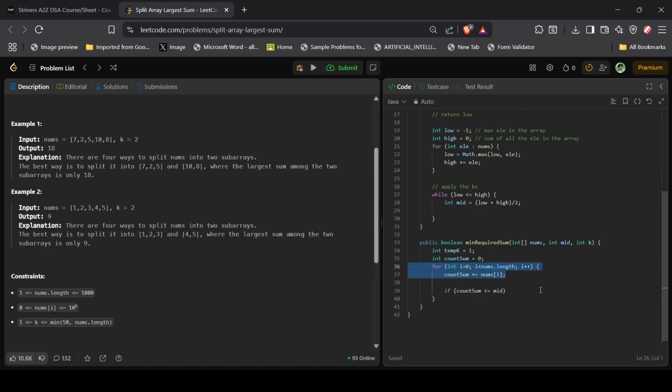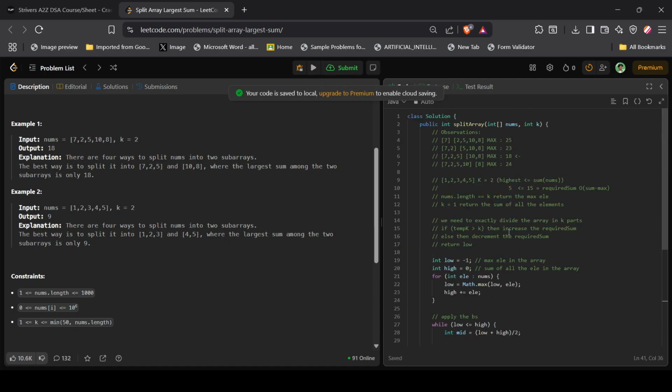Every time we sum it up and we check if the count sum is less than or equal to mid, then we know for sure that we'll have to increase the temp k, right? We'll have to increase the temp k, and also count sum equals nums[i], because